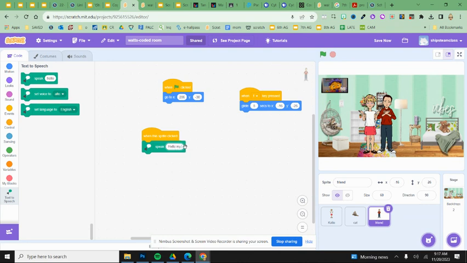So I'm going to use the speak hello block, and I'm going to change this to say 2 sentences. Hello, my name is, and you're going to choose an appropriate name, Sam, period. Nice to meet you, period. 2 sentences. Hello, my name is Sam. Nice to meet you. So now when I click on him,